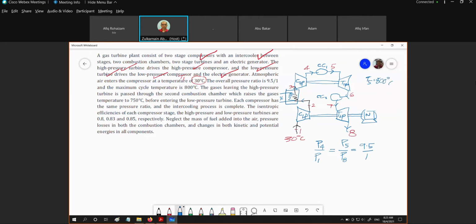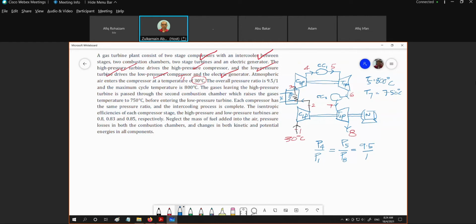800 degrees C. And then the second combustion chamber raises the gas temperature to 750. So meaning that this 750 is describing the temperature of the combustion gases after the second combustion chamber, which is T7. So this is T7, which is equal to 750 degrees C. Okay? And then